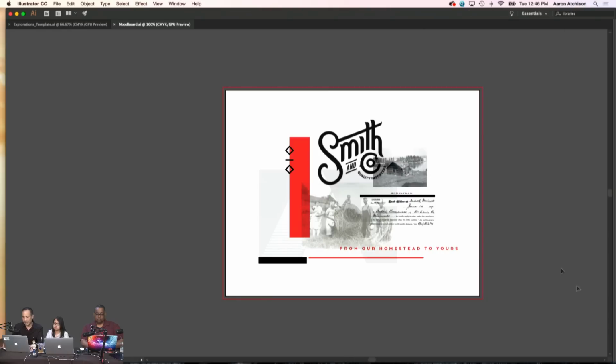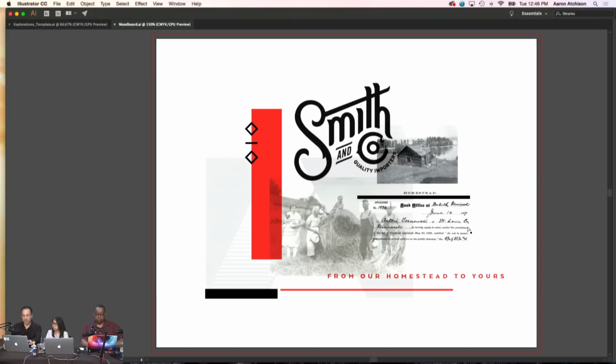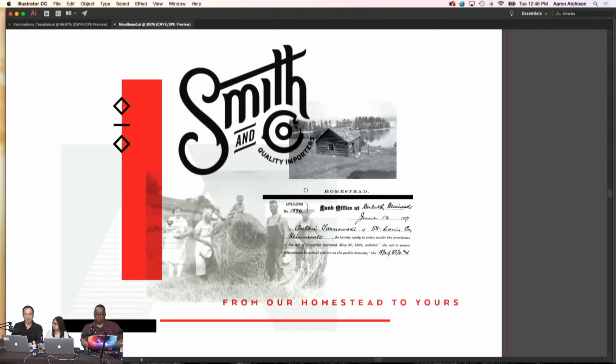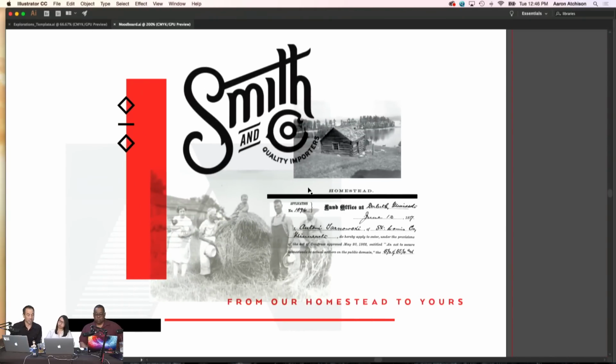so we actually took artifacts from that initial research and downloads, and we did a quick mood board, and we're going to show you how to do this. So Christine's going to start that, but this is what a typical mood board looks like. This Smith and Company logo, we didn't design that. That was a logo that was out there, and whoever designed it, it's amazing. But there's something about it that feels right for this project brief, and we just wanted to see if it's